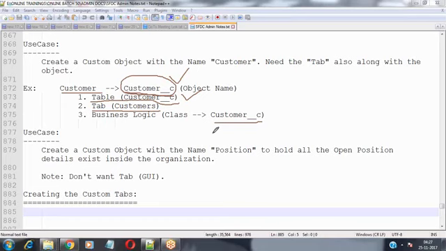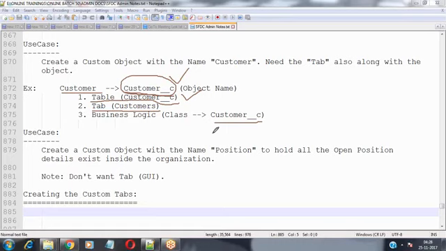And sometimes my client asks me to create an object, but he wants only the table. He doesn't want the graphical user interface, nothing but the tab. Then how can we restrict that? That also we discussed in the last session. Because my client has a third-party application or a tool, through which he would like to store and manage the data.